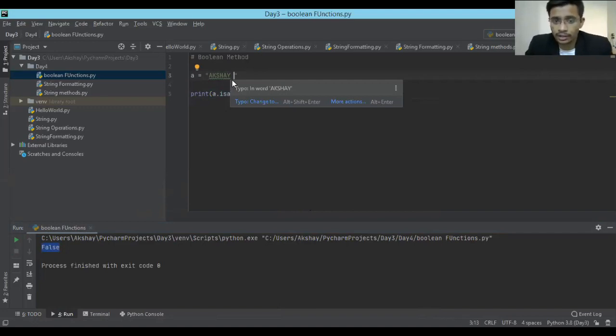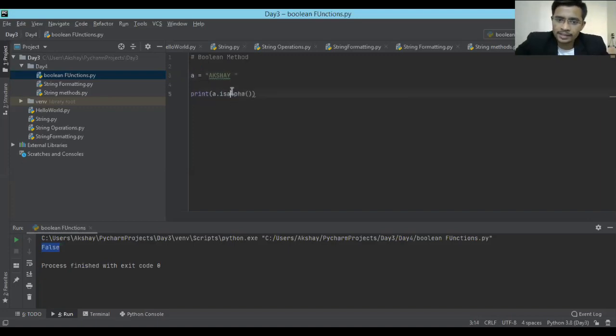Again, go ahead with that user registration form. Imagine that while registering for this training, you fill in the form, and you might have added a space. So after Akshay, if I gave a space by mistake, that space will create a problem a little later when creating your username. If it is a website where you are creating a username and by mistake you provide a space in your username, in that case this isalpha will help you identify whether all the letters are alphabets. If there is a space, this will help you identify it. This is all about isalpha.